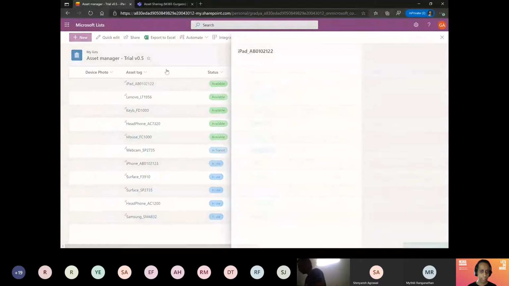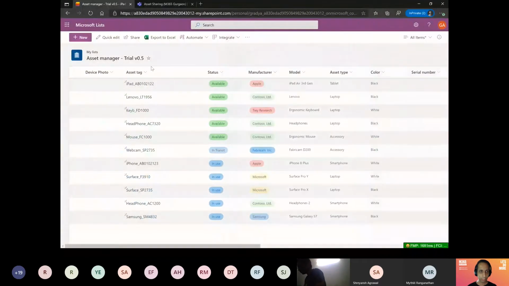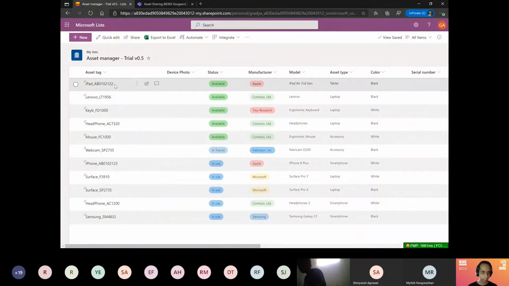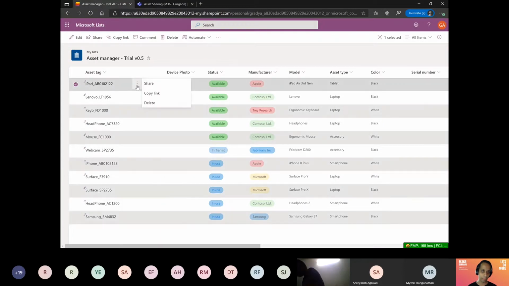So I think one important difference here in this list is, if you look at this particular column, let me actually place it first. You will see some different UX elements that you will start seeing. There will be a contextual menu that will be coming out of the box. So you will have quick actions that you can take for this particular item.